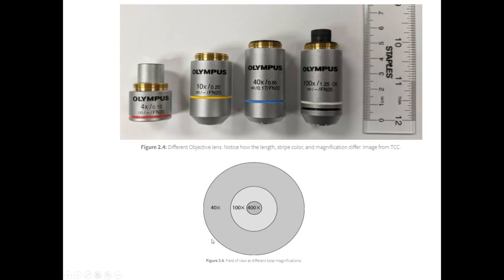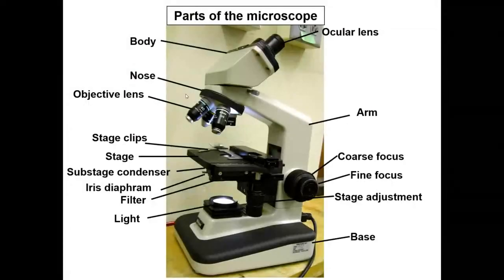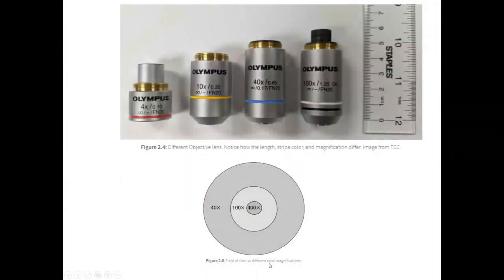So when you just have the 4x lens in place, now why does it say 40 here if I'm talking about the 4x lens? Anybody want to venture a guess? Here's my 4x lens. Because of the ocular lens. Good job, because if you look here, it said down here, field of view at different total magnifications. So this is the 4x times the 10x. Good job, you guys are on it. So when you're just looking at